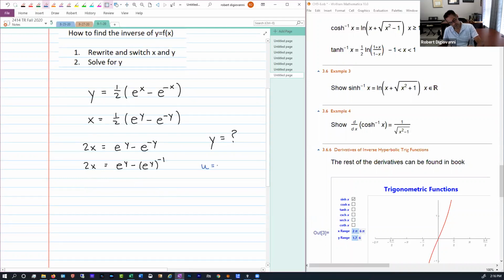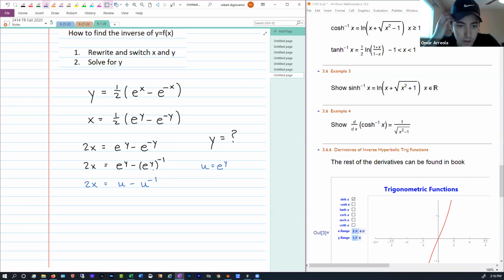If you replace e to the y with u, then you get 2x equals u minus u to the negative 1. All right. I'm with you up to there. Is everyone following this? Okay. Did you get anywhere with that? I know you have to put in the quadratic formula, but that's where I stopped. I didn't get anywhere past that. I went pretty slow. Okay, good. So far, that's